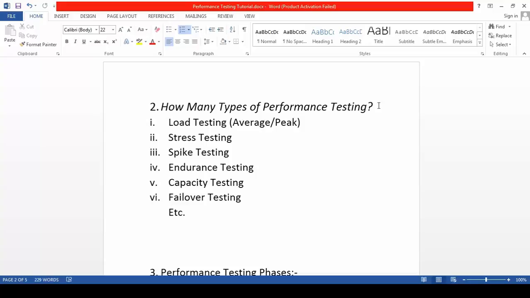Normally in a production environment, the application is not going to run only for 2 or 3 hours. It's going to run for a longer duration. So you have to verify that your application is running for a constant period of longer time.